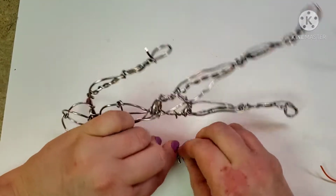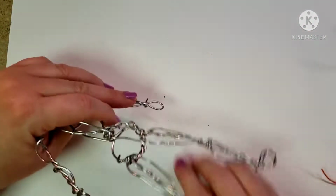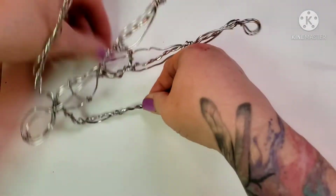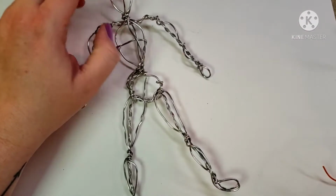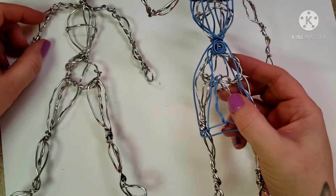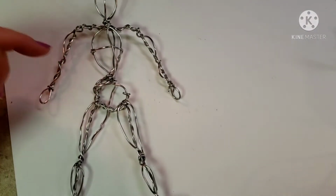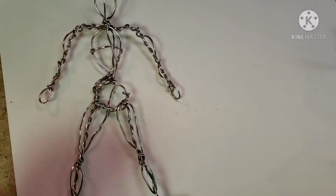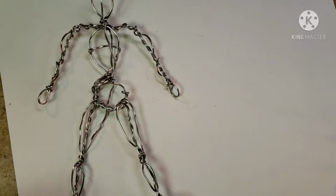So you might want to decide what kind of clothing. That's how I think of this color layer, actually. I think of it like clothing. The one thing you do not want to do, I will show you how to do it wrong. You do not want to just start wrapping it randomly. You want to have some